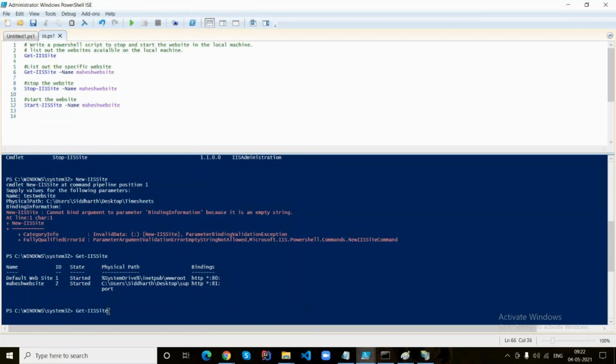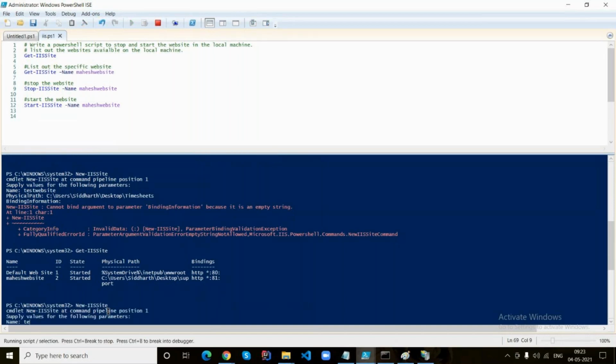You can start creating once again please from scratch. Yeah, pass on the parameters accordingly. Pass on the values to the parameters accordingly.